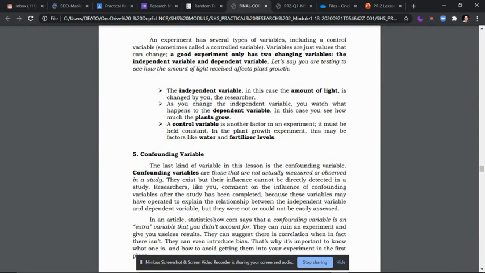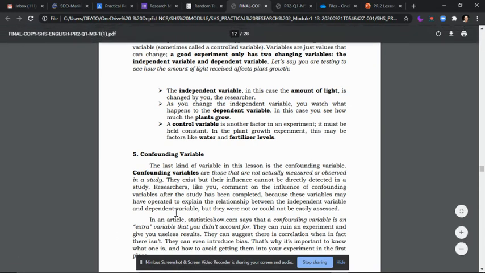So, confounding variable. The last kind of variable in this lesson is the confounding variable. So, confounding variables are those that are not actually measured or observed in the study. They exist, but their influence cannot be directly detected in a study. So, researchers like you comment on the influence of confounding variables after the study has been completed, because this variable may have operated to explain the relationship between the independent variables, but they were not or could not be easily